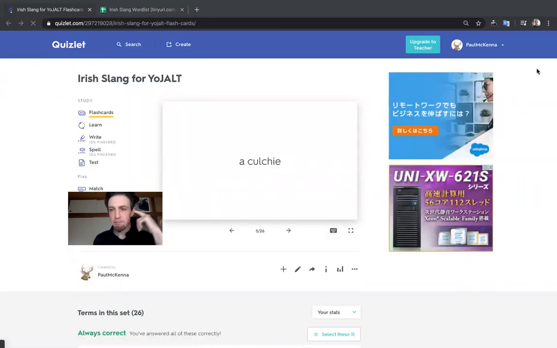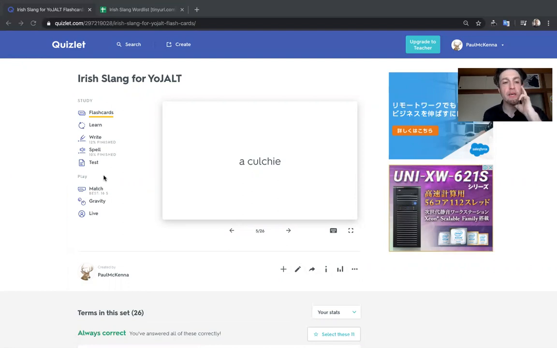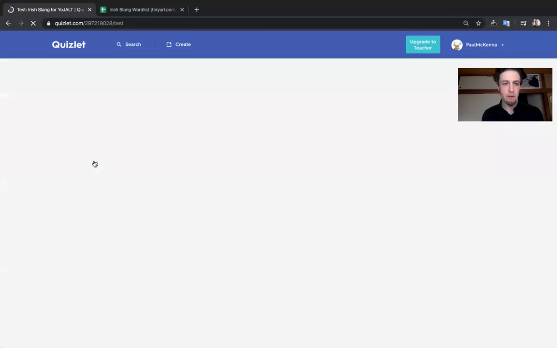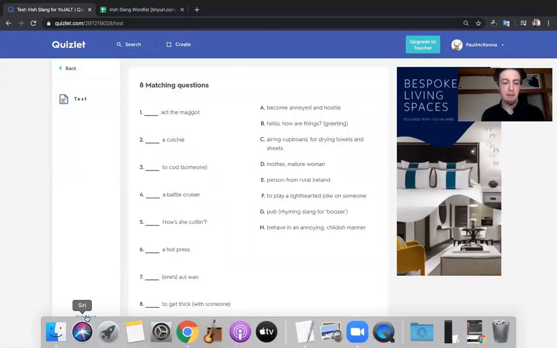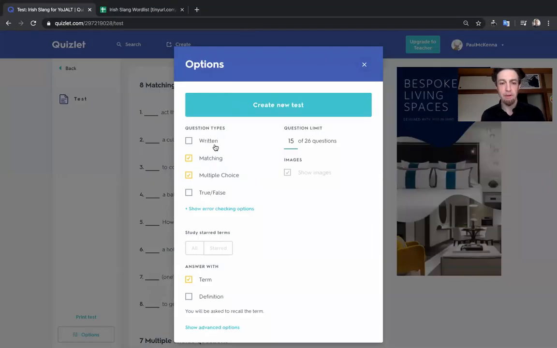Okay. Now, a very interesting function is test. So I often use this to create tests. So if I've created a set, I would go to test, and it will actually just produce tests. There are options here, so you can have different types of questions. Now, the multiple choice one,